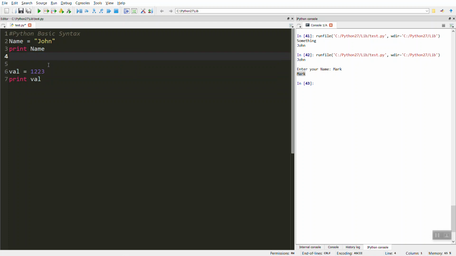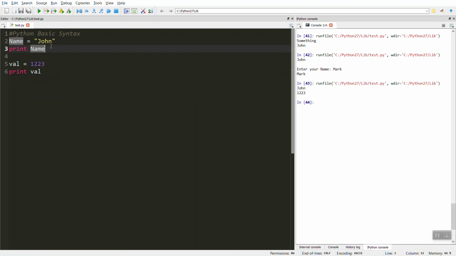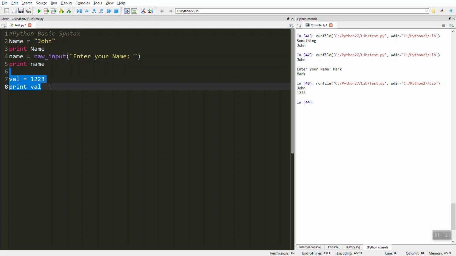We do not need this code. So if we execute this, yes, after John, it will print on the screen 1223, which is an integer value. So this is very simple and easy to learn